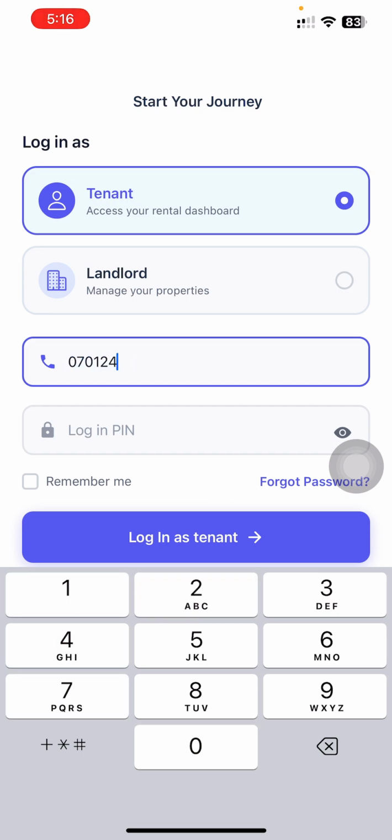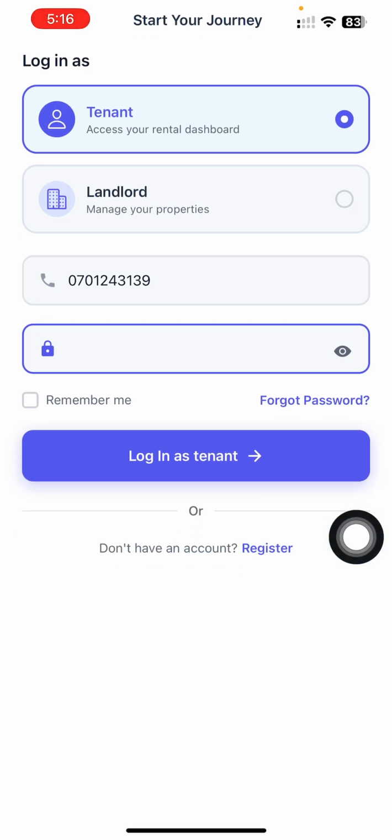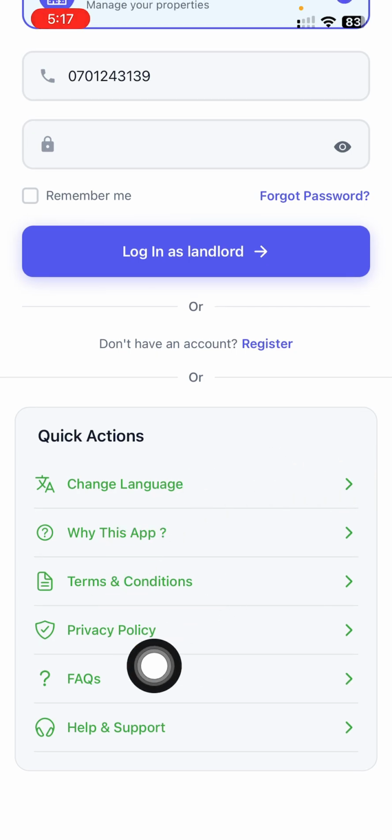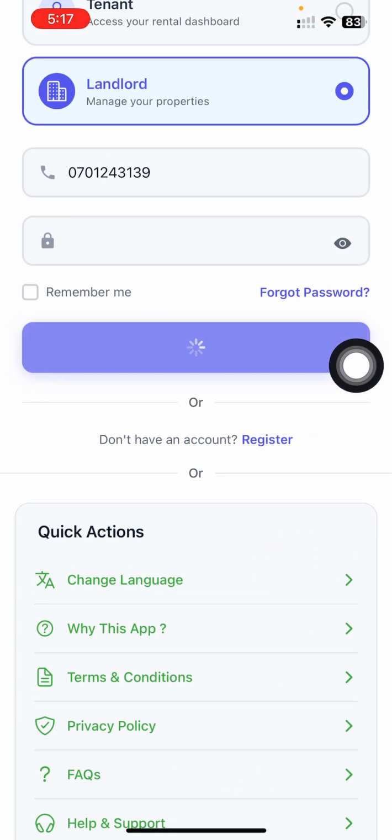You can use the same number on different users, but you can't use the same number for the same user. Let's say you can't be a landlord and use the same number, or be a tenant and use the same number. All right, so here you log in as a landlord. Here select landlord and then log in as a landlord. Okay, you can also review this. Then when you log in here as a landlord,